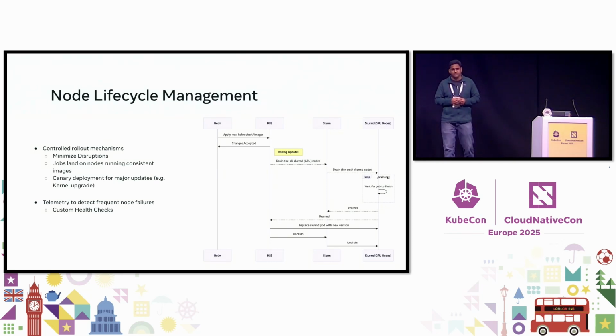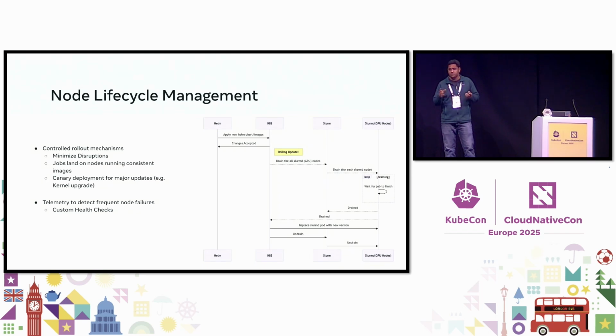As Kalyan mentioned earlier, it was important for us to make sure nodes are consistent. So let's say researchers submit a job across 400 nodes, all those nodes should have a consistent configuration and consistent image versions, etc. To do that, everything is handled by our Helm deployment automation. Whenever there is a change in the Helm chart or image that gets applied on Kubernetes, the custom controller running on Kubernetes first starts a rolling update on the Slurm nodes, and it